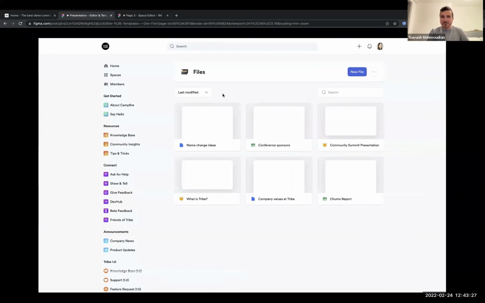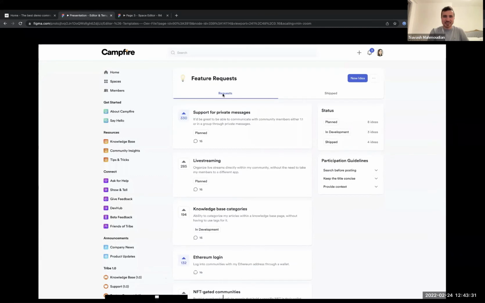We will have one for files where it just gets a title and a media attached to it. One for feature requests, where the most important things are how many upvotes these features have, and also the status of these things as a select custom field as an example for these posts. And I cannot wait for ourselves to use this feature so we can collect and make sure all the best feature requests are getting more attention.